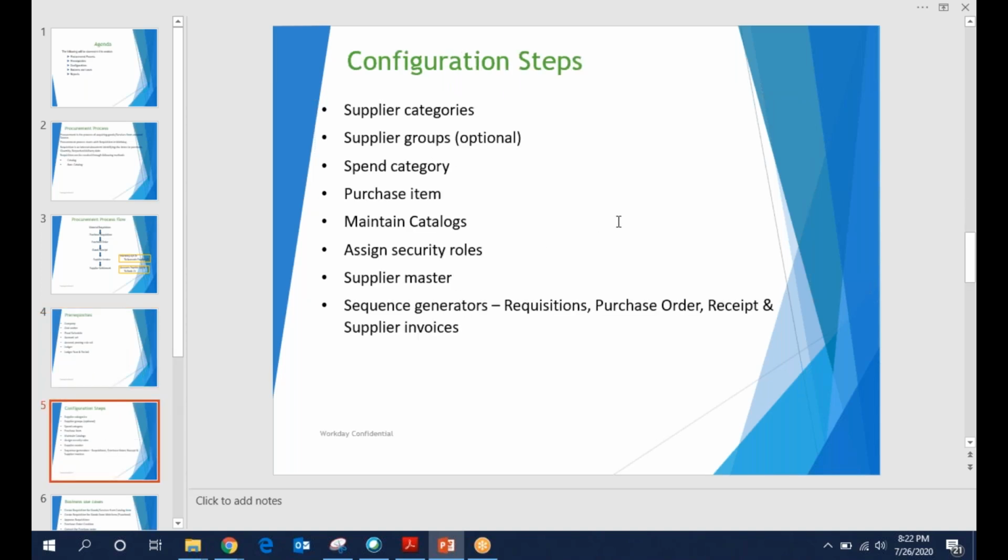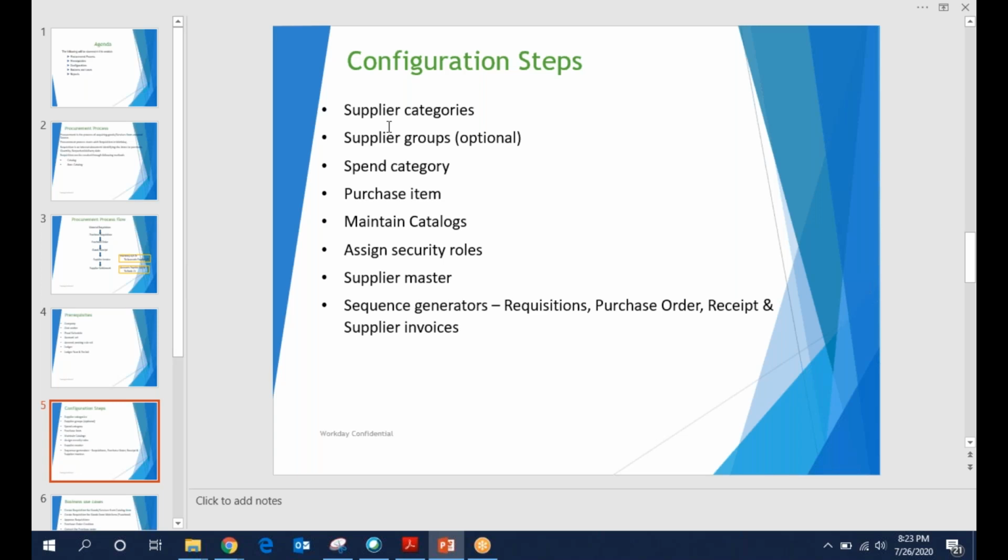And configuration steps. These are the configuration steps you see within the procurement cycle. Before running the procurement cycle, we need to configure specifically these steps. We need to create the supplier categories, supplier groups, spend categories, and purchase items. Supplier categories: a few suppliers of similar nature can be grouped together and created under the supplier category.